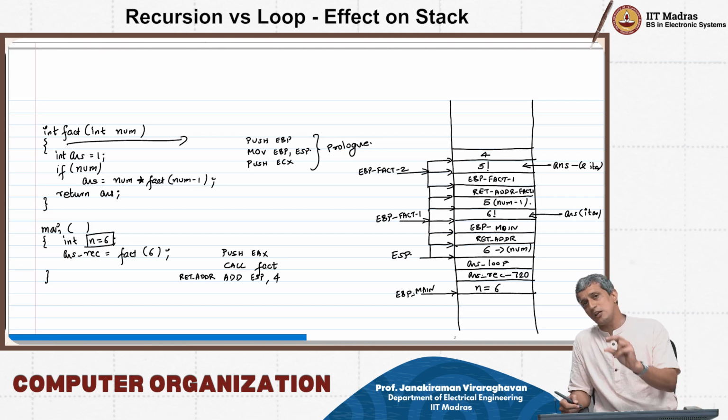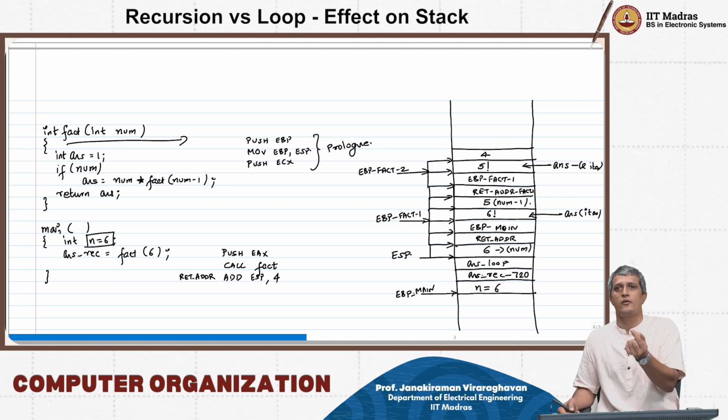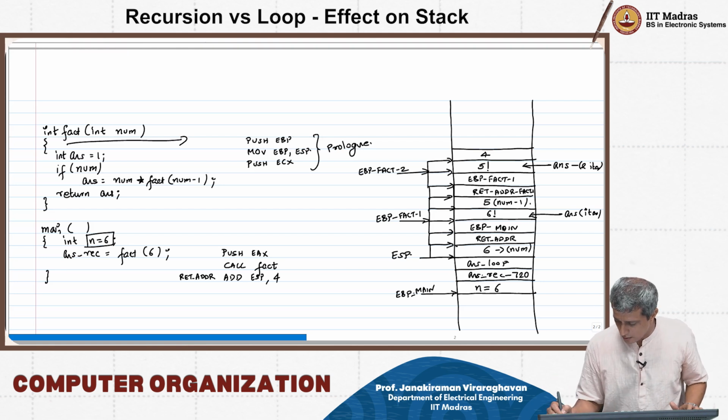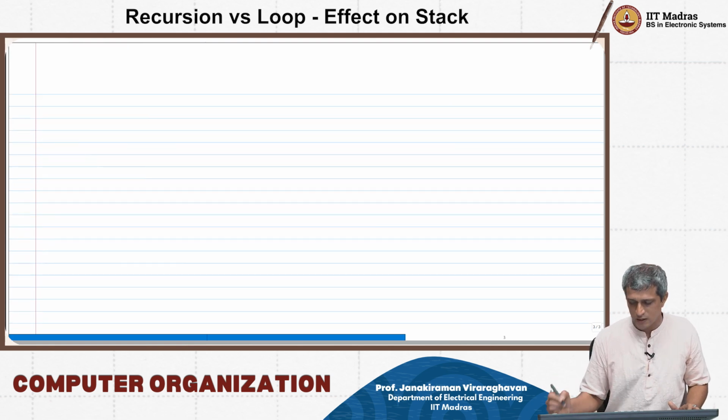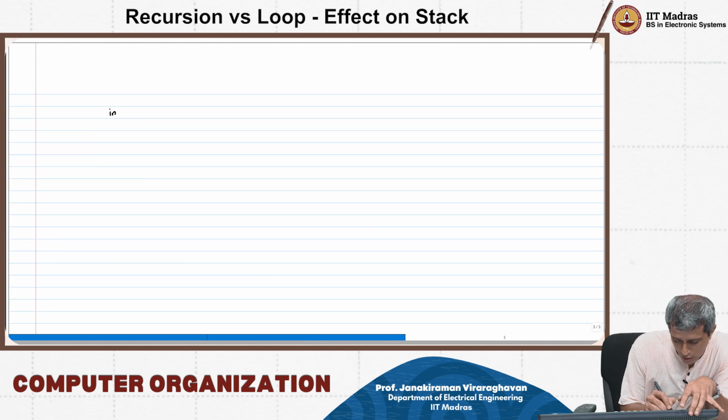So you can just imagine the amount of effort that you have put in to just do one simple calculation of num minus 1 into an answer. Now on the other hand, just look at the stack execution for the other program that we wrote. int fact2 of int num,